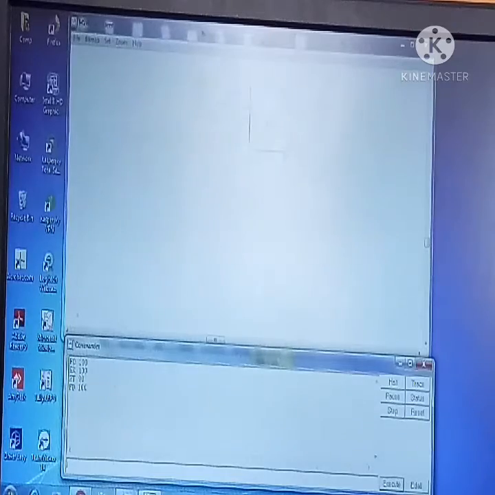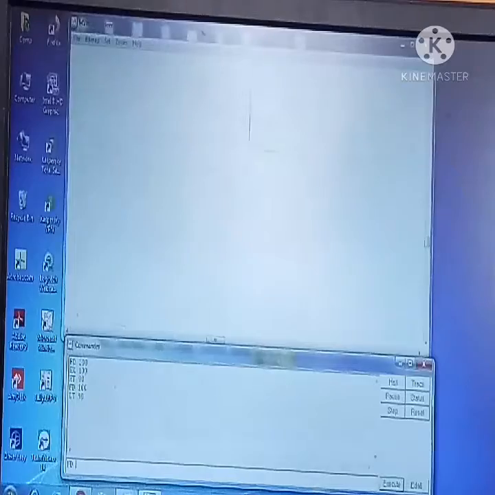Now you can turn the turtle to the left side, LT space 90 degree, and say enter. Now you can see how it has turned towards the left side.